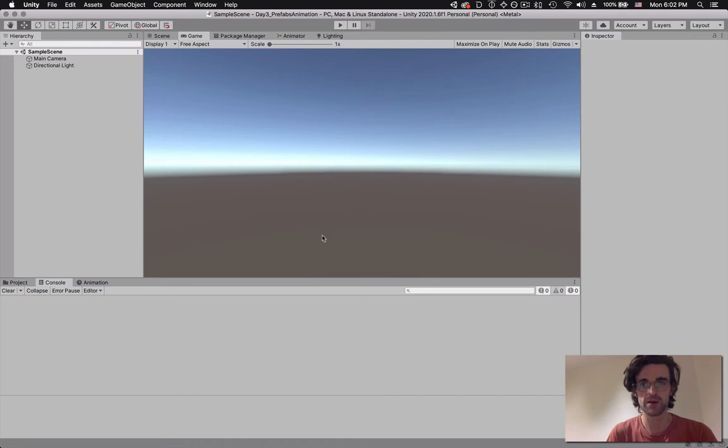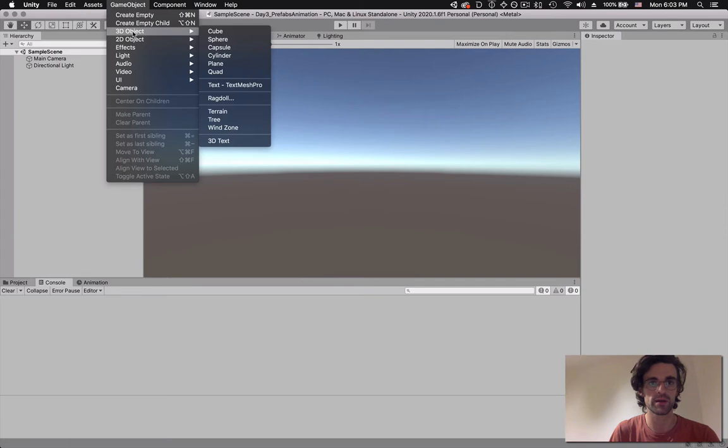Okay, so now our Unity project has loaded, and we're going to see how we want to create a somewhat complex object, and we want to save that object instead of just working with either imported 3D models or the primitives that Unity gives us. So I'm going to start by creating a new cube,